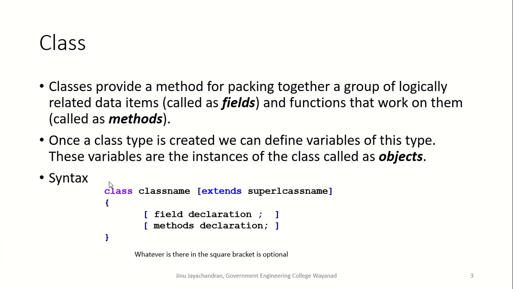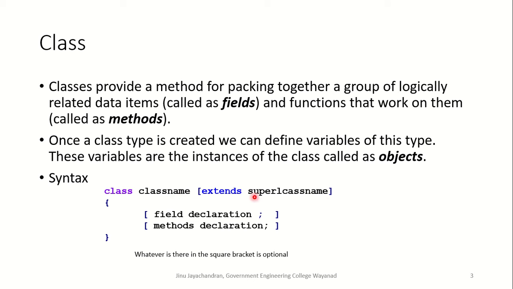So a class is where you are packing both the data and the functions, and the variable that you declare for a class is called an object. The syntax for a class is the keyword class, a space, the class name, and then